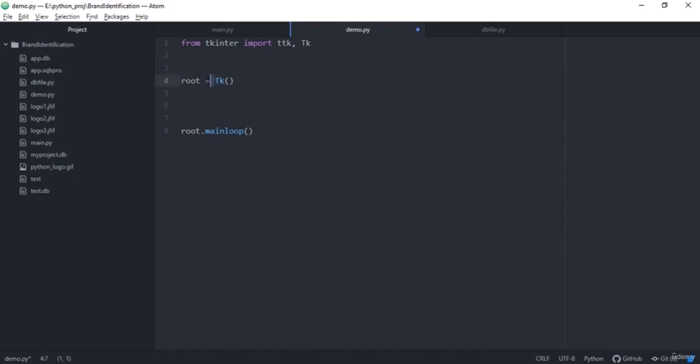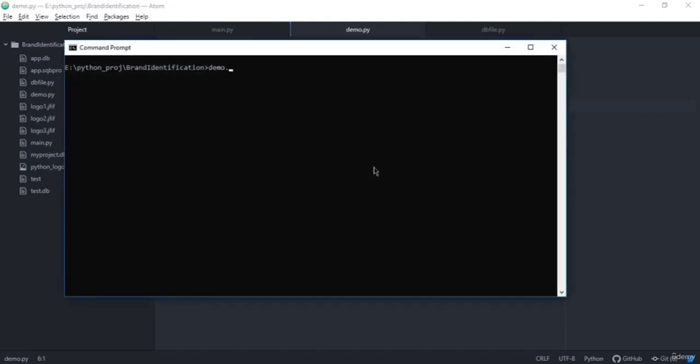As I said, this is just a window, and this window is going to run until I close it. This main loop listens for any events. If there's any button, I can click the button and it will wait for the event to happen. Those kinds of actions. So I'm just going to run this demo.py file,